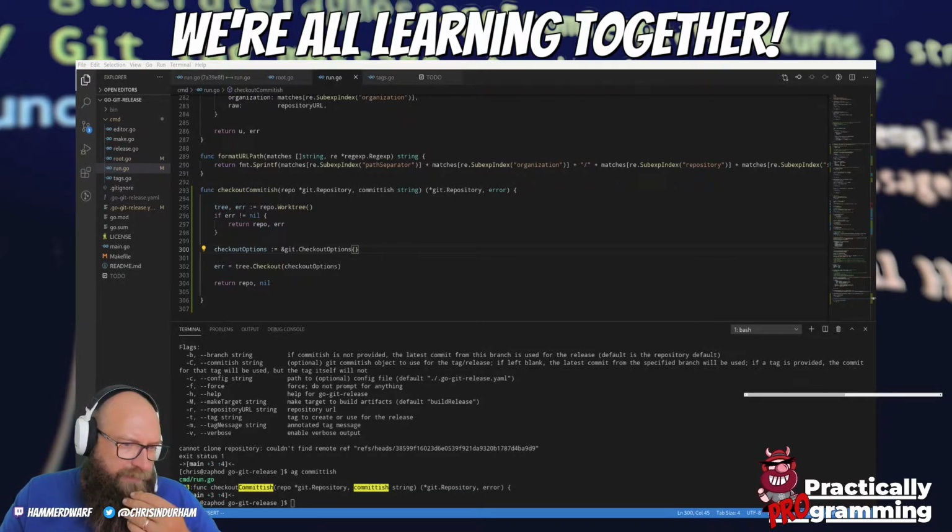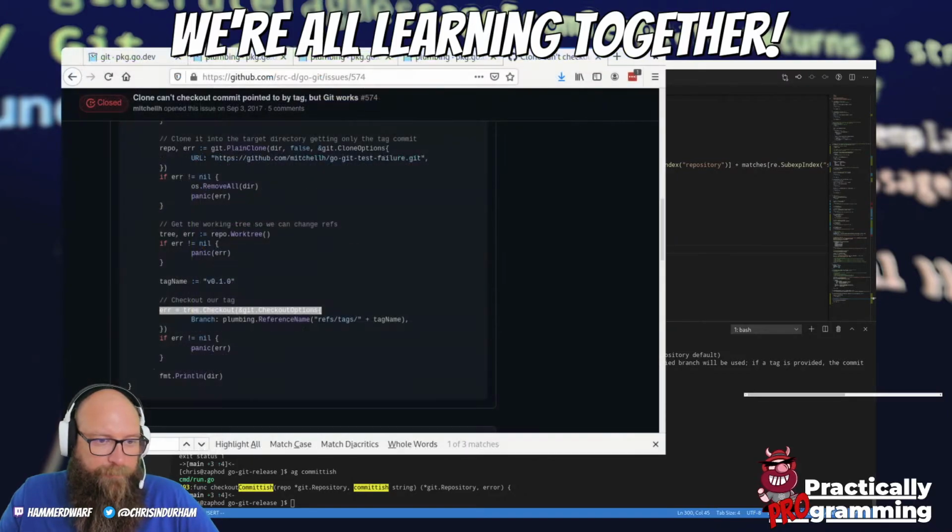Looks like my browser has switched back again. Give me just a second. Yeah, looks like OBS keeps wanting to switch this browser window from one window to another. There we go. Let's see, so the checkout options